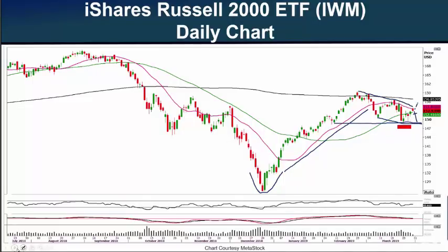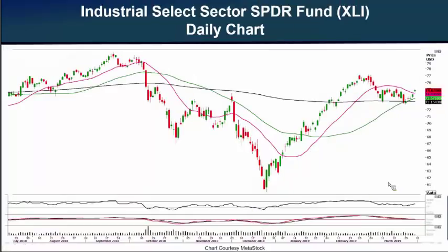Okay, our final chart here for the day is one we haven't looked at in a while. This is the Industrial Select Sector SPDR Fund. The top components are Boeing, 3M, Union Pacific, Honeywell, United Technologies, Caterpillar, stocks like that, the big industrials. Now, after making a high back here in September 2018 of $80.41, the XLI started dipping,